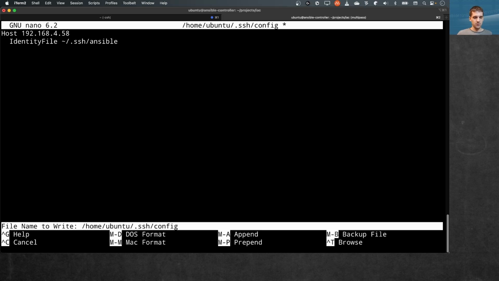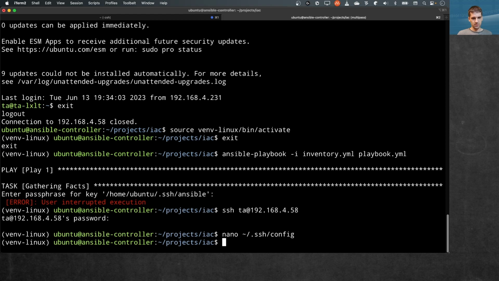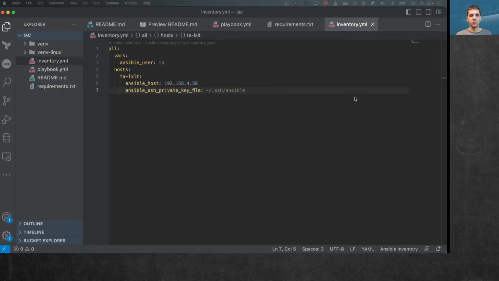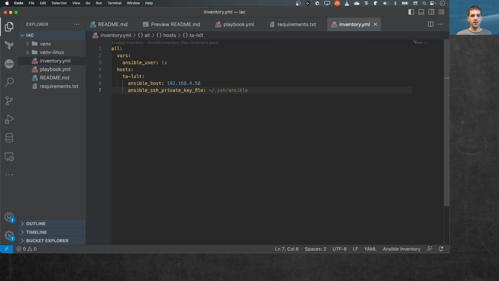And if I save this and try the SSH command again, it will ask for the passphrase. Now, if you don't have a passphrase, then of course it will just work and you can log in to the remote server. Now I can even remove my Ansible SSH private key file variable from the inventory file